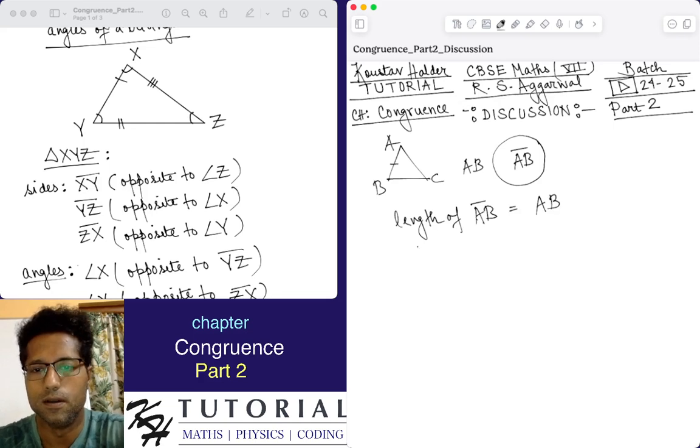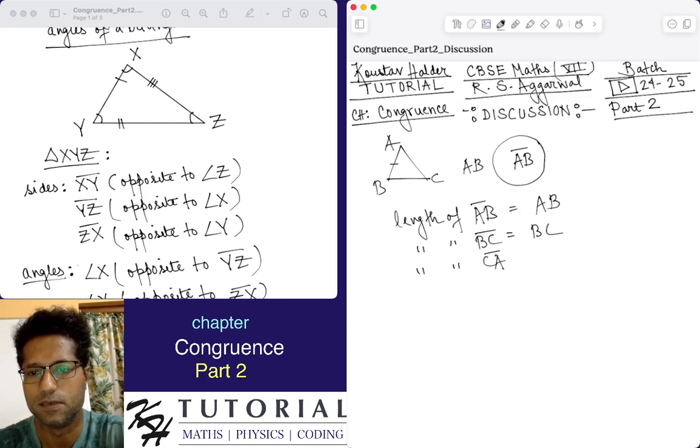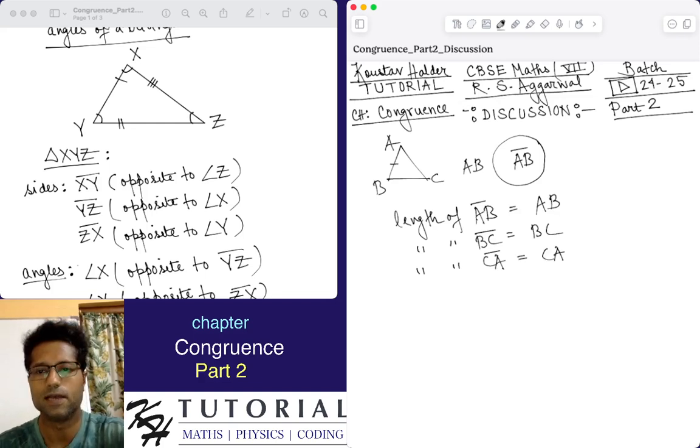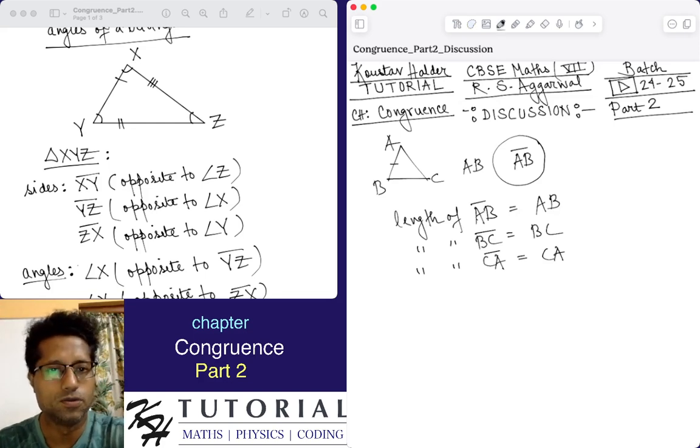So the length of BC will be BC, and the length of CA will be CA, the sides being AB, BC and CA. This is the actual convention regarding the names of the sides and their lengths. Now, if we name this triangle XYZ, the sides are named by taking two letters at a time from the triangle name XYZ. The first two letters are XY, so the first side is XY,